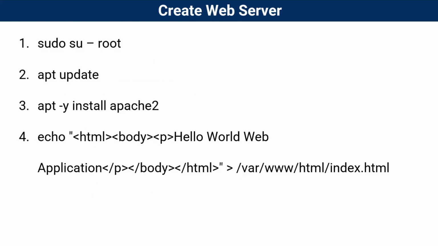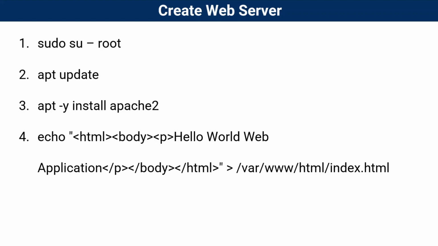and to create the web application inside this web server. And here are those commands. Here first, sudo command will give you the root access to execute any other command. Second, apt update command will update the existing software package inside the VM. Third, apt install command will install the Apache web server inside the VM. And last command will actually create a single page web application inside the Apache web server. It will create an index page for your web application which will display hello world web application message.